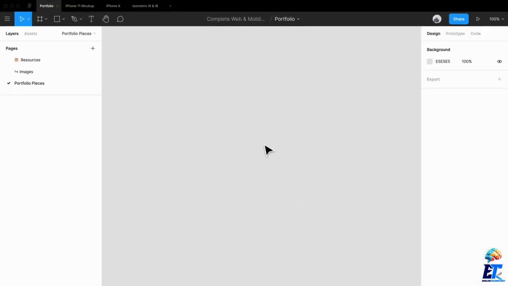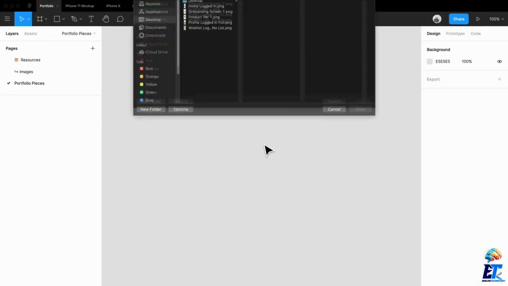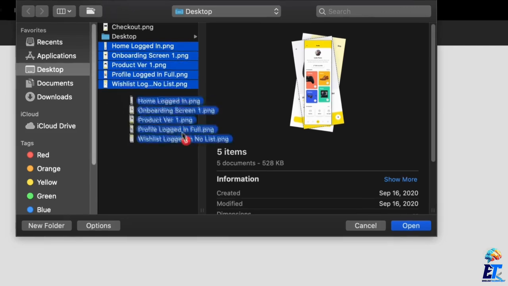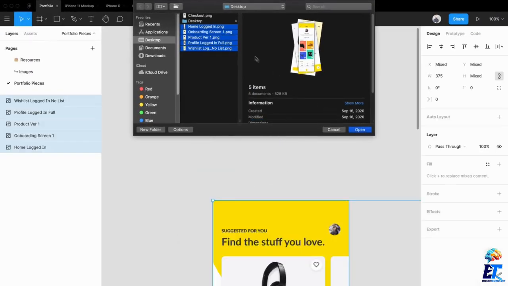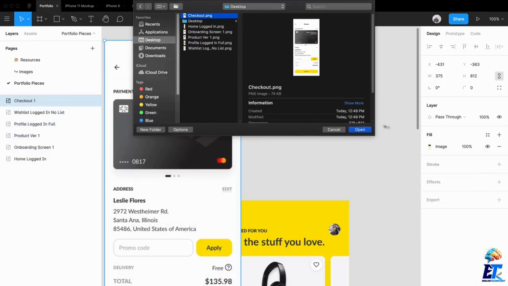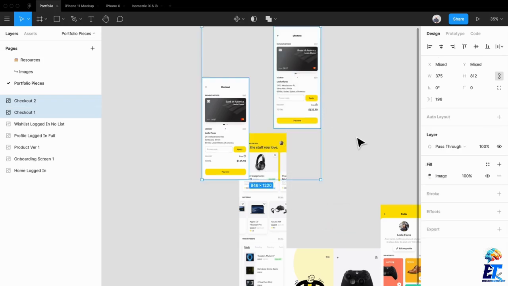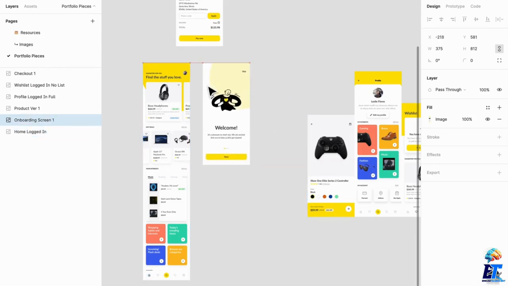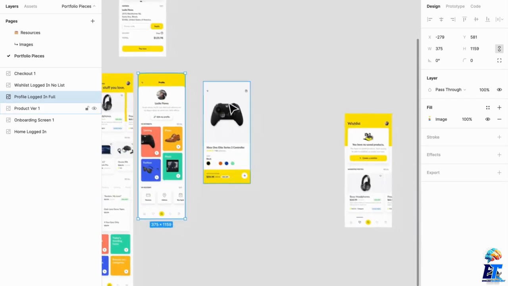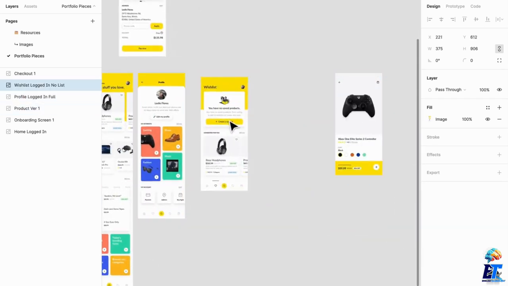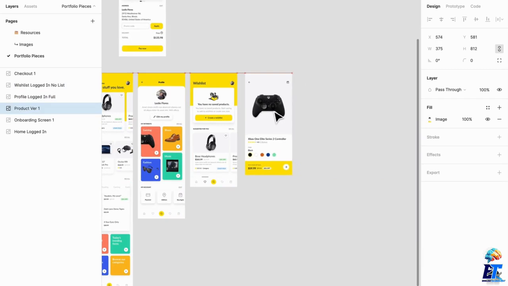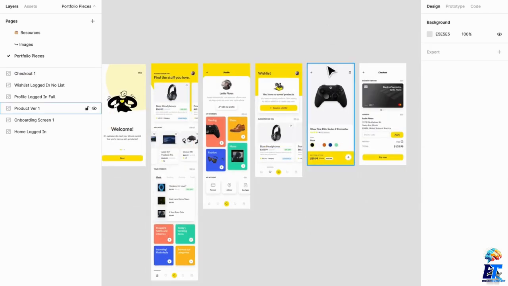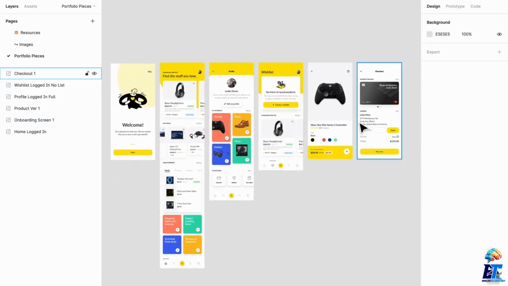And what we can do here is press Shift-Command-K, and that is going to bring up our image placement dialog box over here. And we are going to drop those images into this file, so they're all placed. So here we go. Now they're actual just PNGs. So we are just going to place these nicely together. And there you go. Okay, so now that we have all these images that we want to work with nicely placed together,